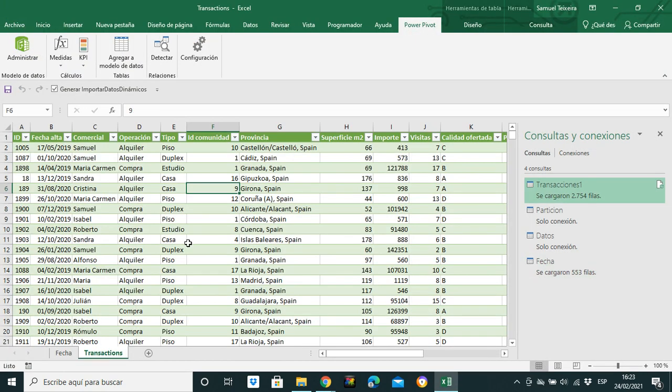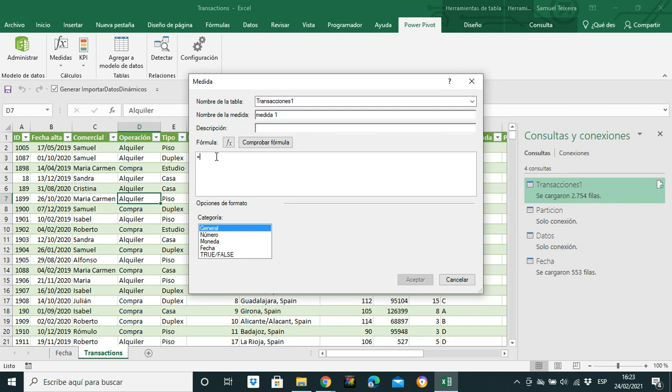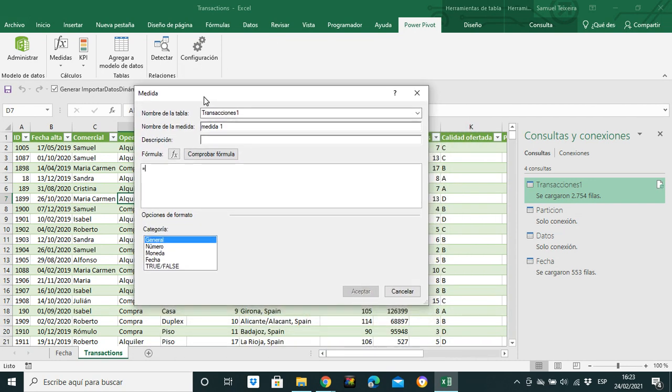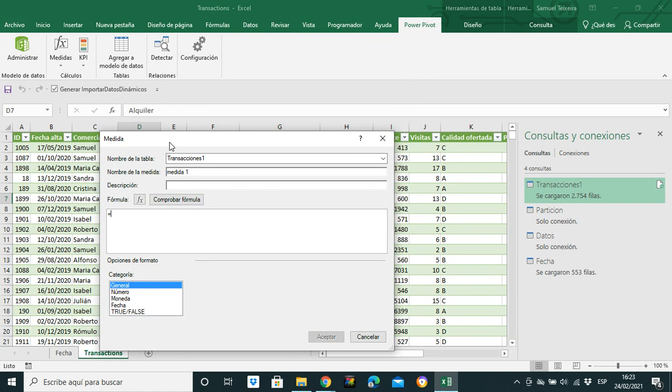All right. Now we are going to create measures. So let's click here, new measure. So with measures, we could, measures are very important, because with measures we can measure